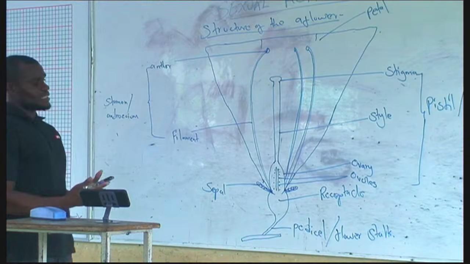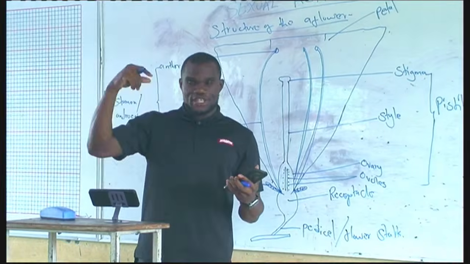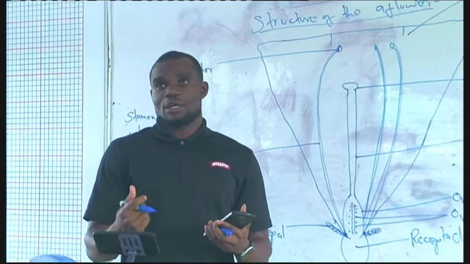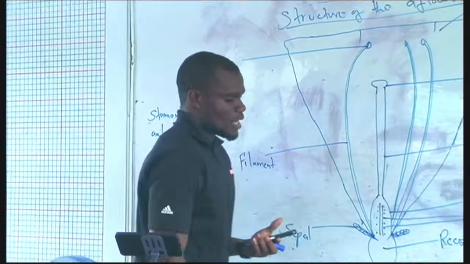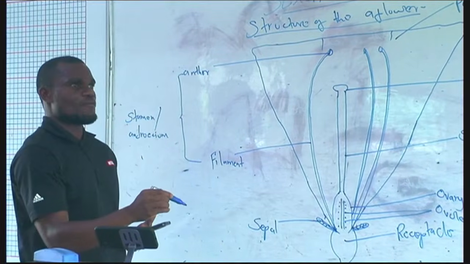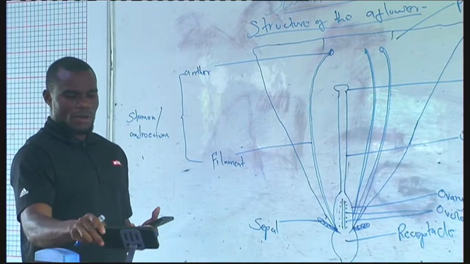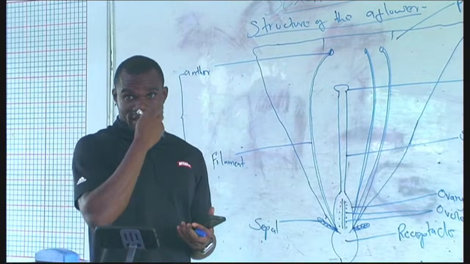I know most of us have come across a flower and we have pinched them out from the branches where they are attached by the structure called the pedicel. So the pedicel is that structure of a flower that attaches it to the branch of a plant,